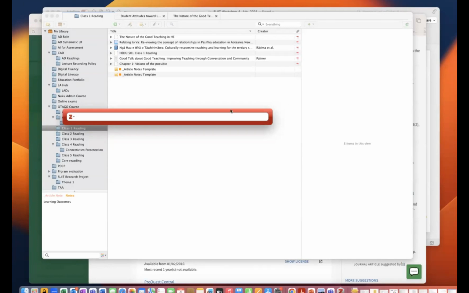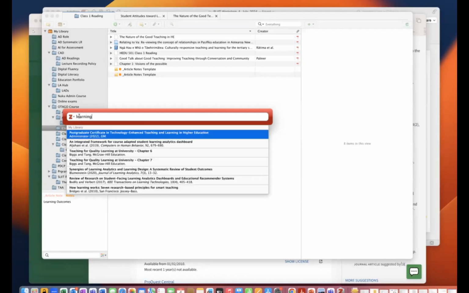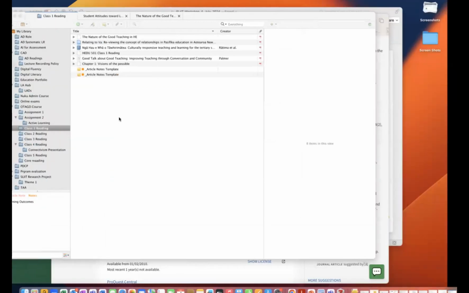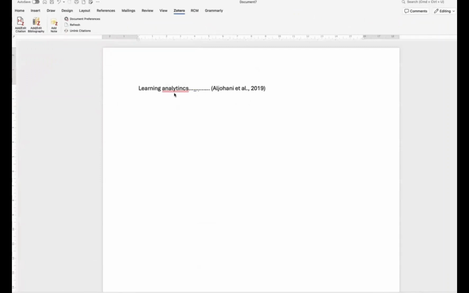So the references that I'm going to add for my article, I know that it's something about learning analytics. So I guess this person is there, and then select the person from the library and click the enter button, right? And then you can see in the Word document that my references are there. Also, the other important thing is while you are working on your Word document, just assume that you need to